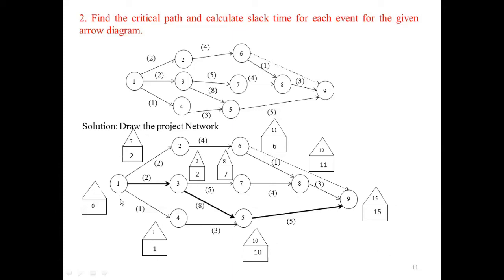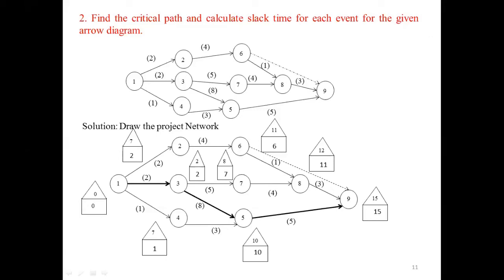Then next, for node 1, you have 3 arrow marks outward. If you consider from node 3, you have 2, and 2 minus 2 will get 0. Suppose you consider from node 2, then also we will get 2 minus 2, which is 0. And for node 4, 1 minus 1 will get 0. That is the minimum value you have taken.